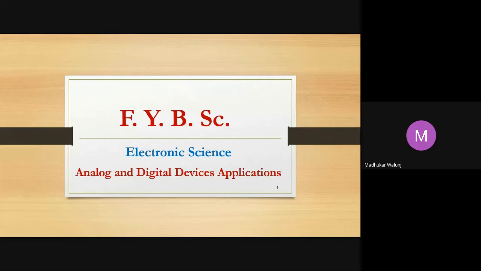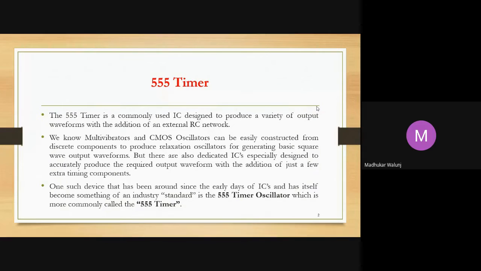So we are going to start with our first lecture from this session. We are going to start with the triple five timer, IC 555. Most of the people who have electronics in the vocational field know what is the meaning of 555 timer. So in this unit number two, we are going to see the IC 555, that is the 555 timer. Then we are going to see astable, monostable, and bistable multivibrator. That is the applications of this IC 555.